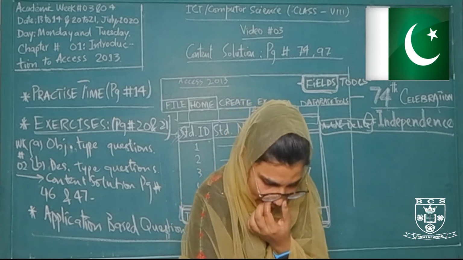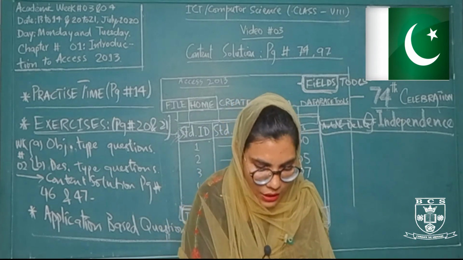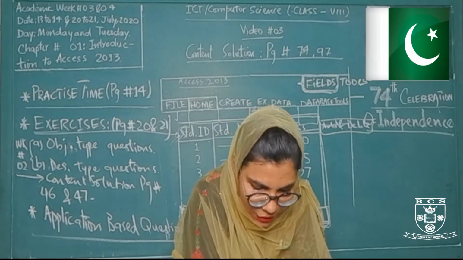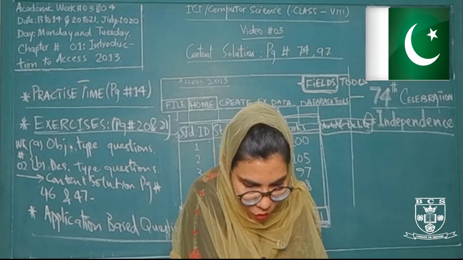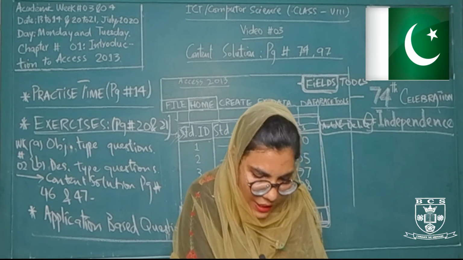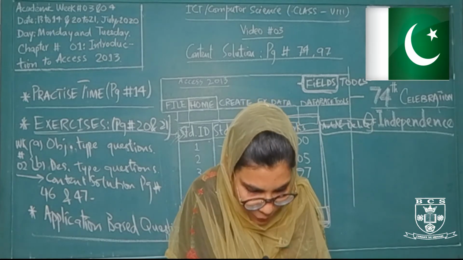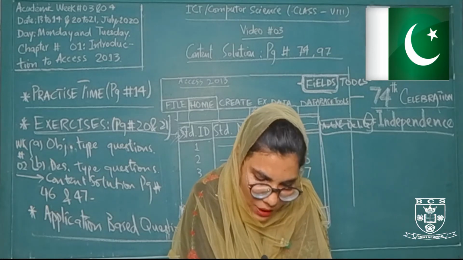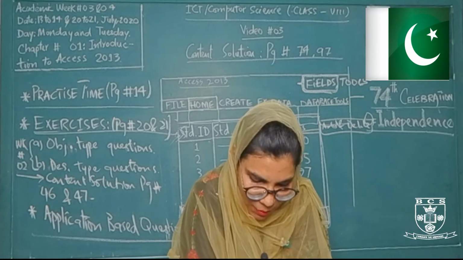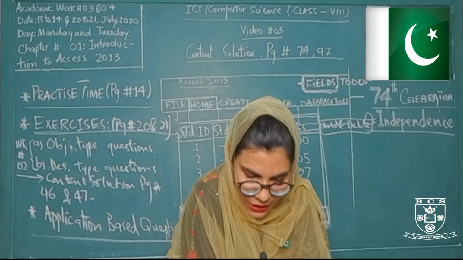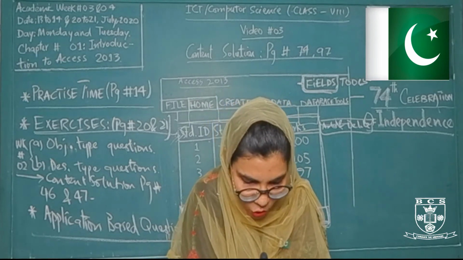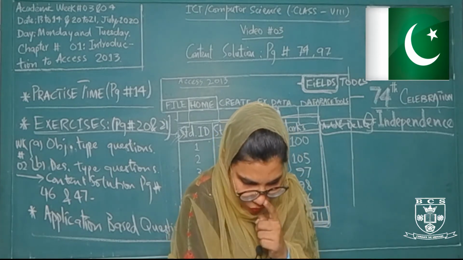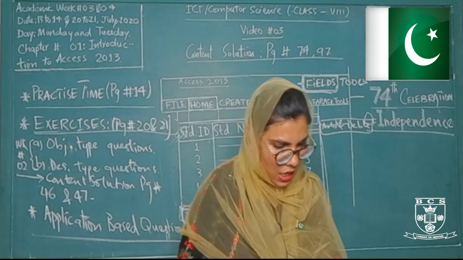Now on the same page, at the bottom side of the page, we have the in the lab part. The class teacher of class 8 has asked Hassan, the monitor, to create a table having details of 10 students of the class. Hassan has created a table with the following fields: admission number, name, first name, last name, telephone number, DOB means date of birth, then bus availed, Y or N. Y is representing yes and N is representing no. Then in the last, bus number. Can you help Hassan assign data types to the fields and enter 10 records to complete this task?